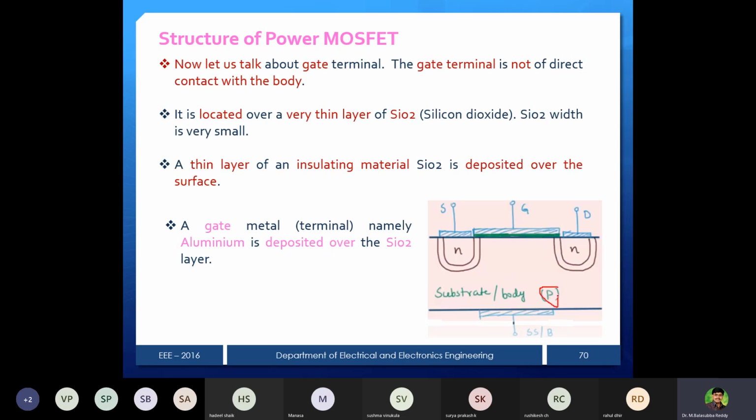This is a p-type layer, no? So here what will happen? Negative charge particles will be here, and normally there are positive charge holes. In those holes, what will happen? If you are increasing the voltage more and more across gate and body, these holes will be pushed down like